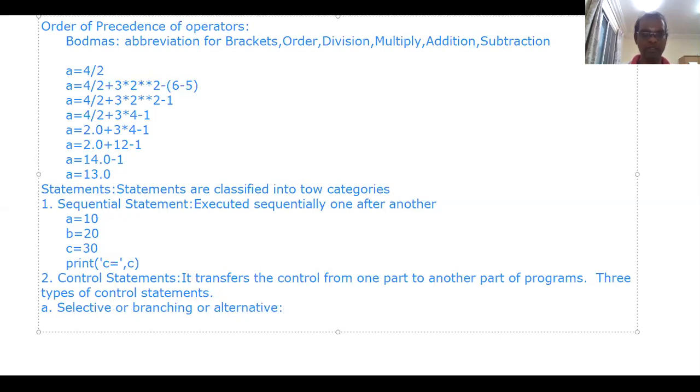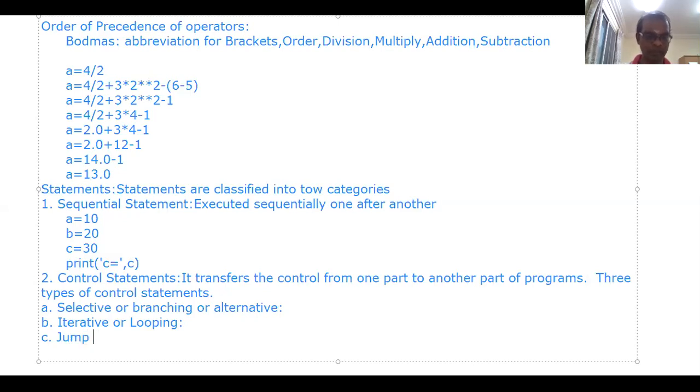You can call it selective or branching or alternative. Second, iterative or looping statements. Third, jump statements.